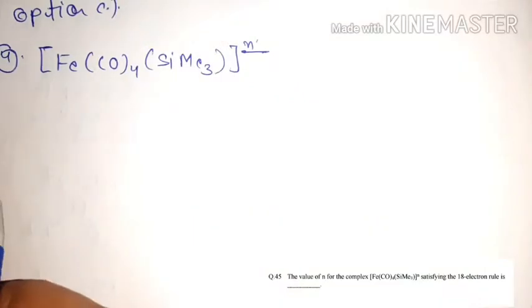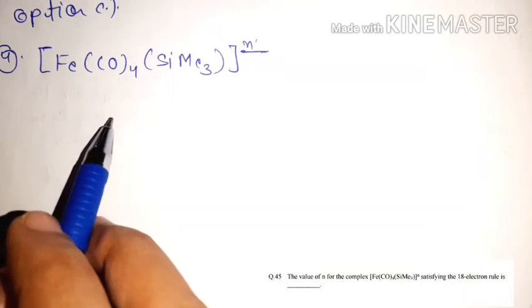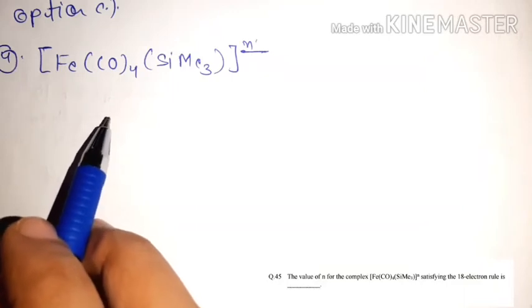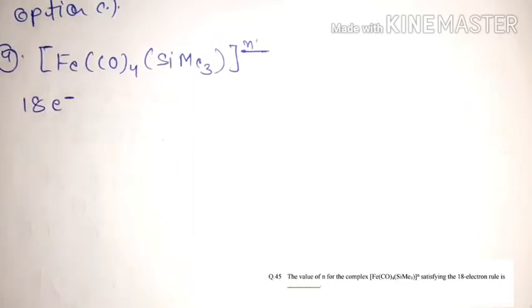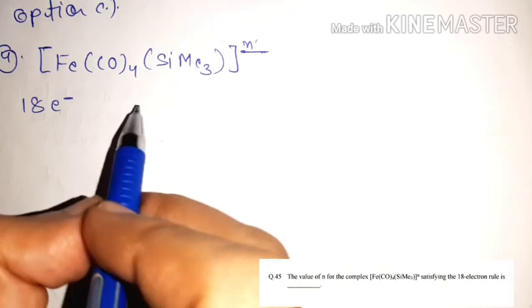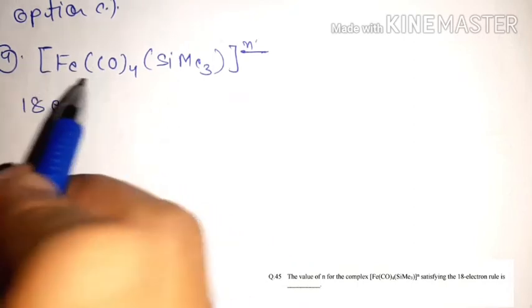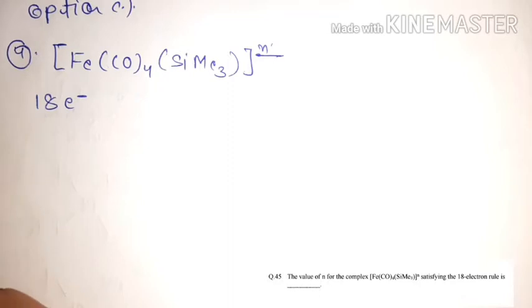Okay, so now friends, as in our condition given in the question, it follows the 18 electron rule, which means this complex has 18 electrons in its valence shell. Understood? Now we can count the electron contribution of each of